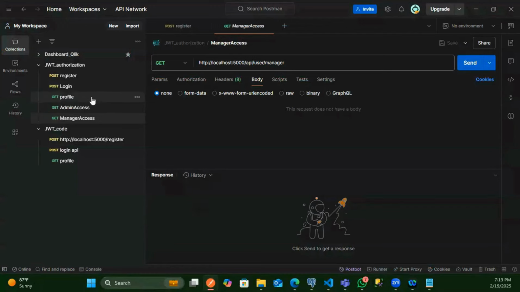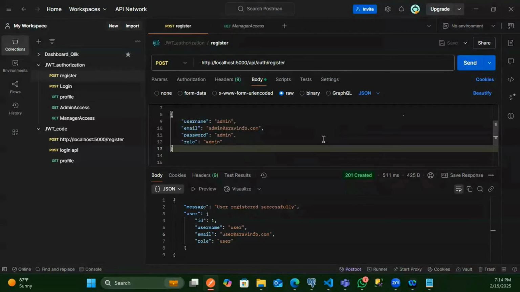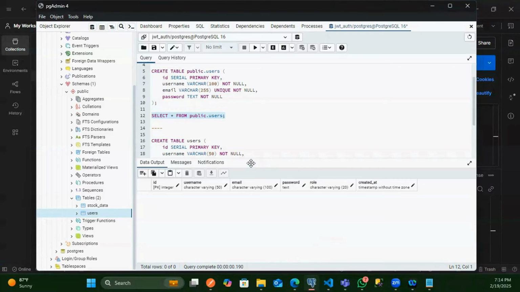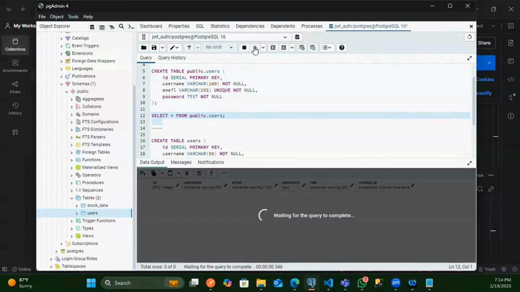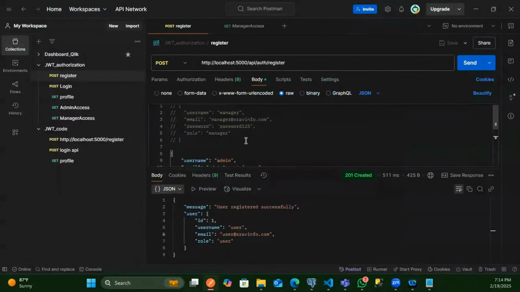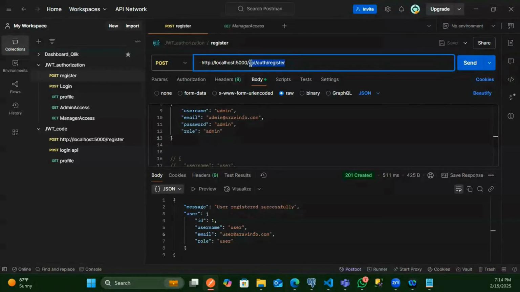So now I am going for the register API and I am about to test. First I will test with the admin. Initially I am not having anything in the DB. You have to remember that everything we are executing will be persistently stored in the DB. So here I am going to have this first admin and API slash auth slash register, right? So this is the one that was there in the